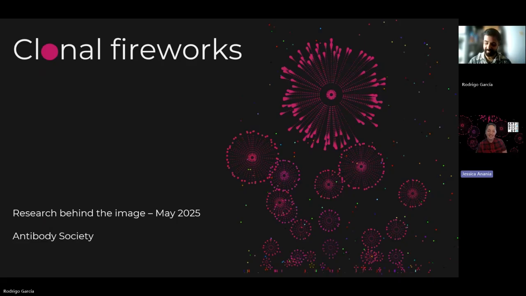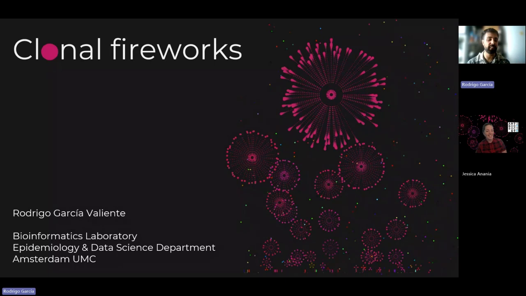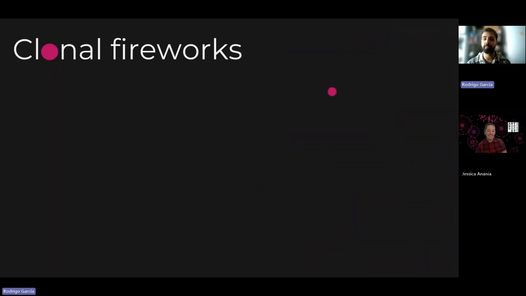We're very happy to have some diversity in our calendar, and you're going to teach us how you generated images like this, am I right? Yes, and it was also quite nice to think how to prepare this type of image. The name of the image is Clonal Fireworks, and I think it's pretty straightforward. I'm Rodrigo Garcia, as you said, part of the Amsterdam UMC, and let's talk about fireworks.